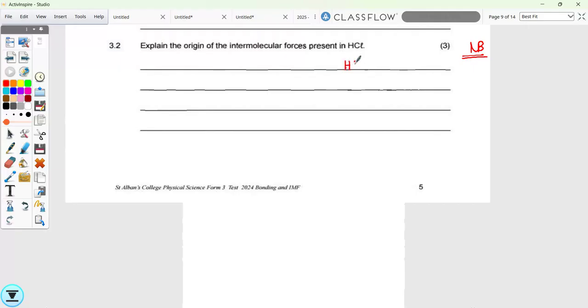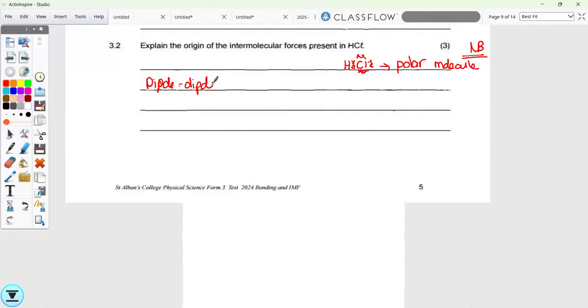H has one electron that it's sharing with Cl, which has all those electrons. This is very much polar. If it's a polar molecule, I've got two choices: dipole-dipole or hydrogen bond IMF. This is hydrogen, but is it a hydrogen bond IMF? No, because it's chlorine. Good. So it is going to be dipole-dipole